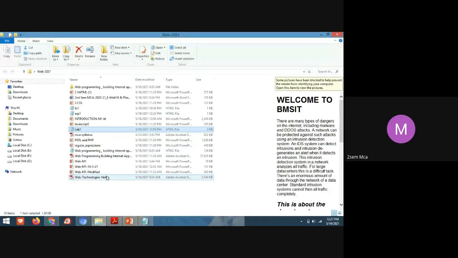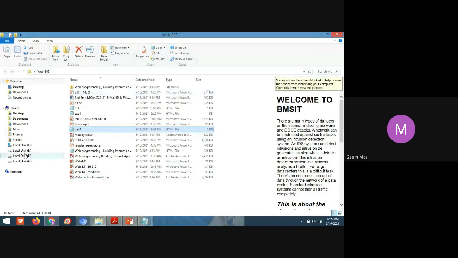If it is present in some other folder, then I have to mention the path. If it is present in the same folder, then the file name is enough. Yes, students, getting? If that particular image is present in D drive or C drive or F drive, some other drive, then I have to specify the correct path as a source. If the image is present in the same folder, then just the file name is enough.